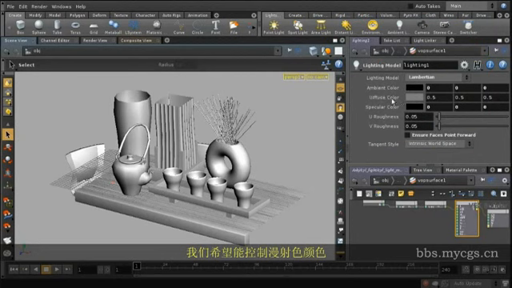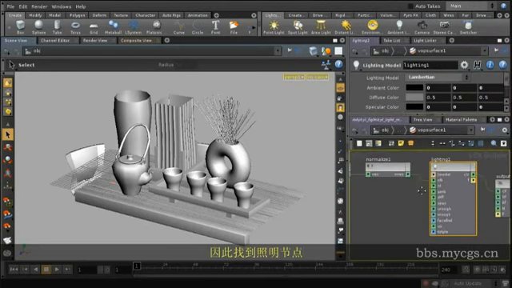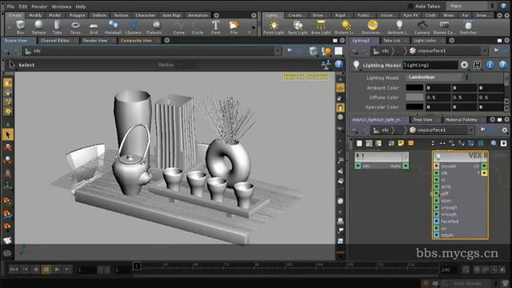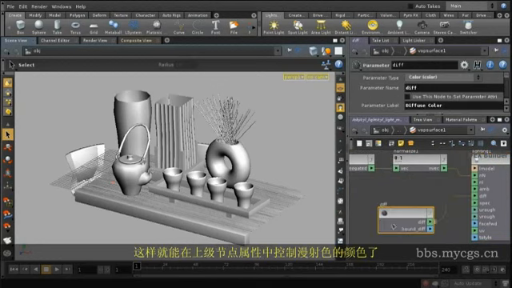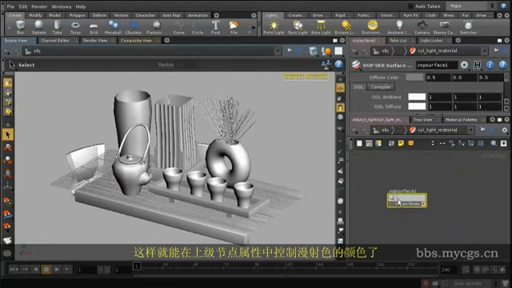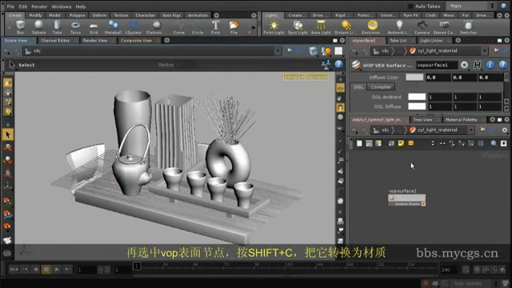Then for this diffuse color, in fact I want to have control over it. So let me just go to my lighting model again, and I will middle mouse click on my diff entry or input here, and then I'll click on create parameter node. This will allow me to have control over my diffuse color from this node up here. So you can see my diffuse color appeared here. I will change that to 0.8 for now,